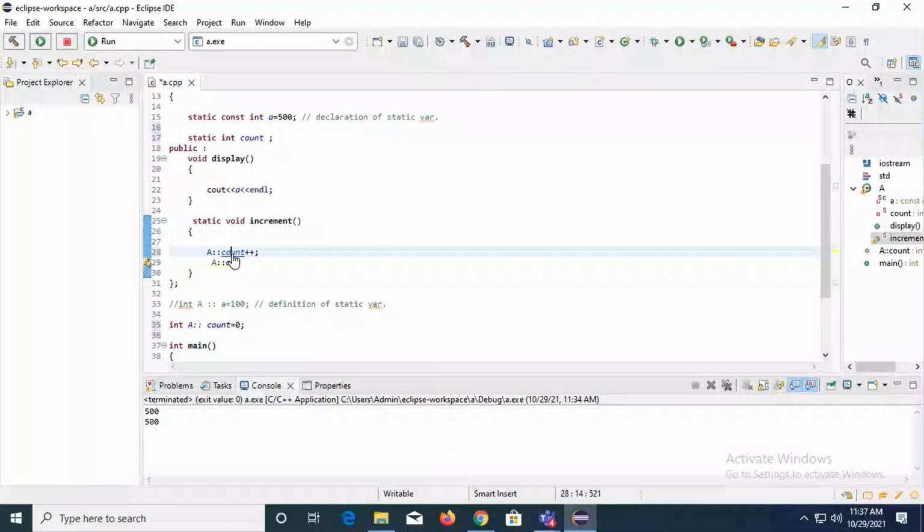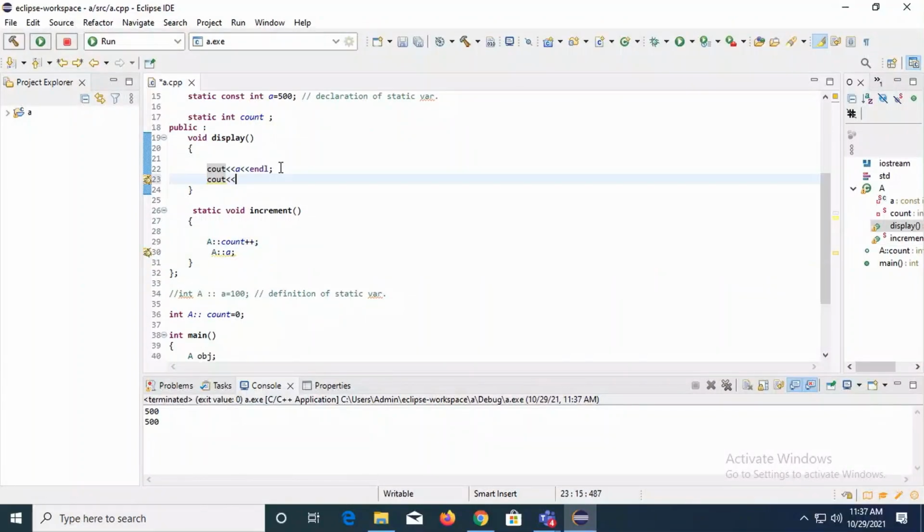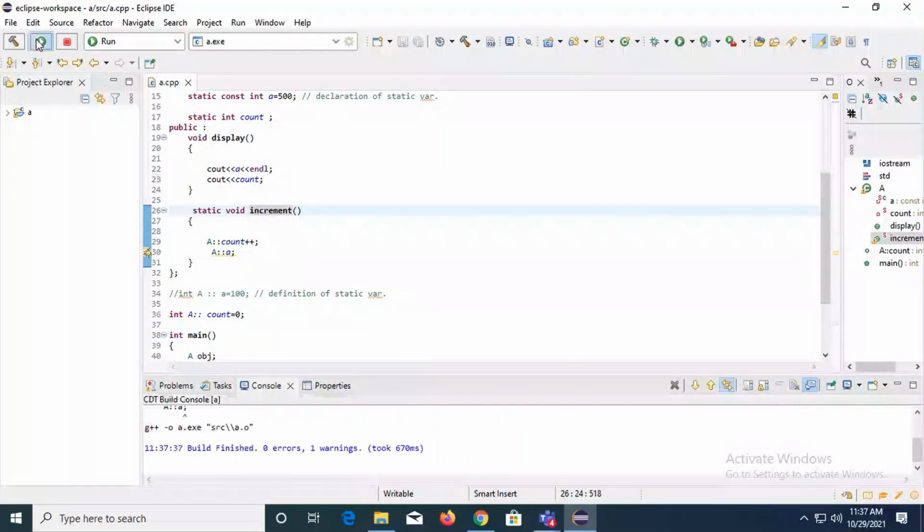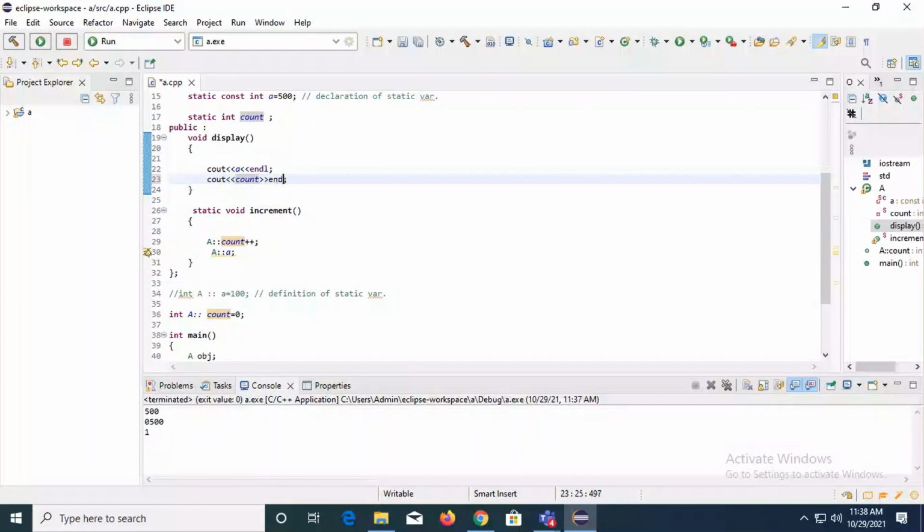अगर आप इसको display करोगे, see the output.